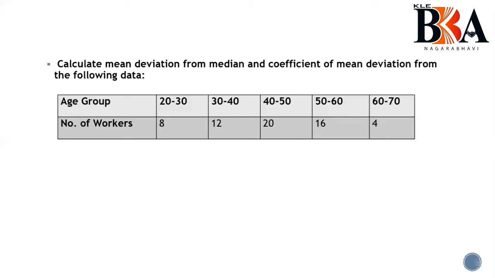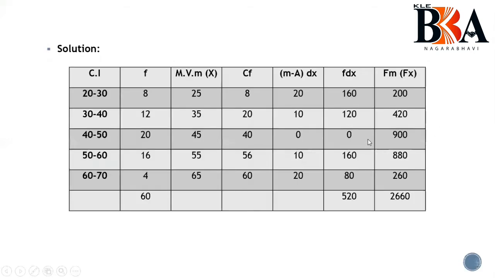For this, you need columns. The first step is to draw the table and write it down. The first column is the class interval and the second column is the frequency. Write down the question as it is. While doing that, take out the total of frequency. You have to total it completely, because the total will help you in the next procedure. Here in this question we have got 60.